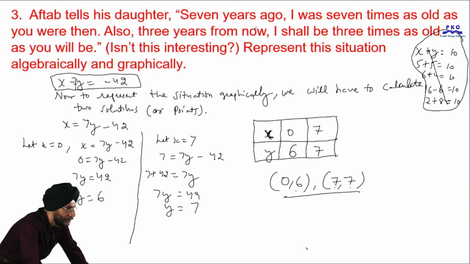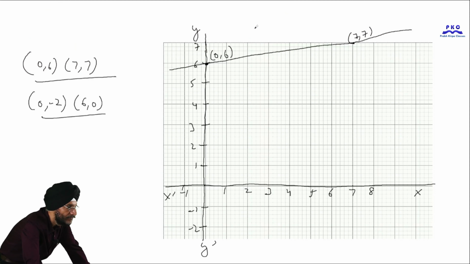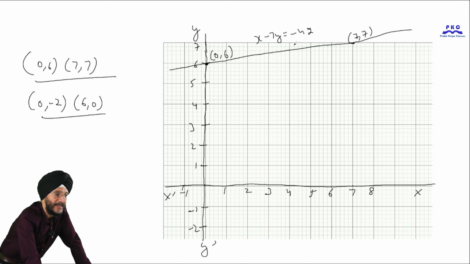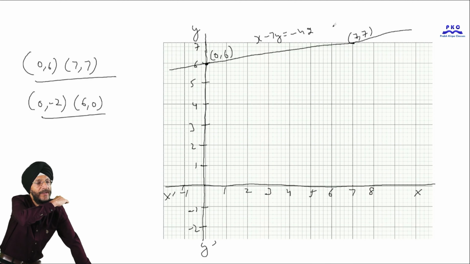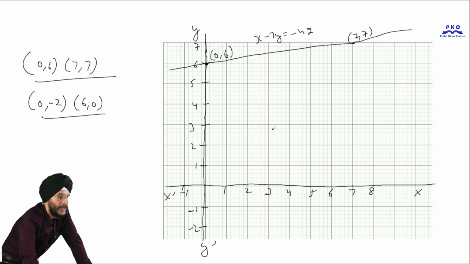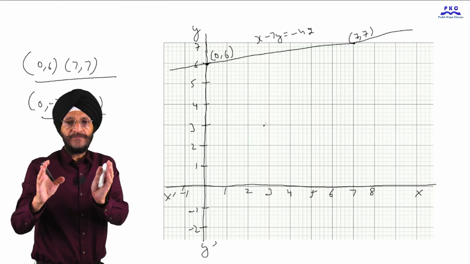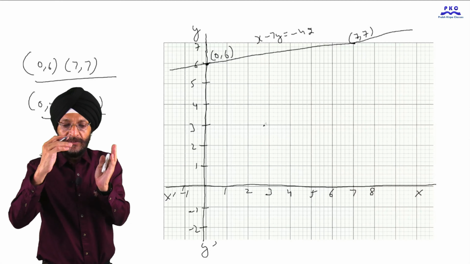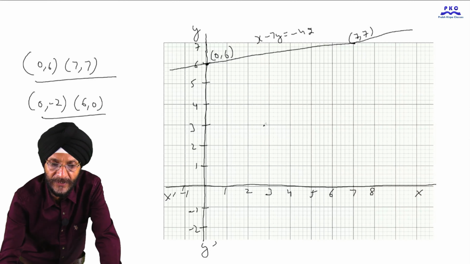x minus 7y is equal to minus 42. This is the first equation. Here we have to also write the equation when we represent the equation in algebraic form. Otherwise it will not be shown on the graph or on the paper